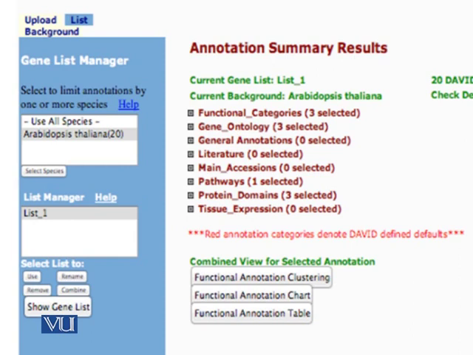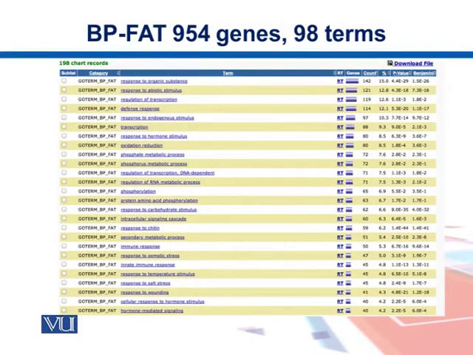So you can get these GO terms and cluster them together based upon how many common genes are present between these terms. You can get their charts, you can get their tables. So here is one example. It's called BP-FAT. BP stands for biological process. The FAT is where it tries to take all those terms and put the generic terms and specific